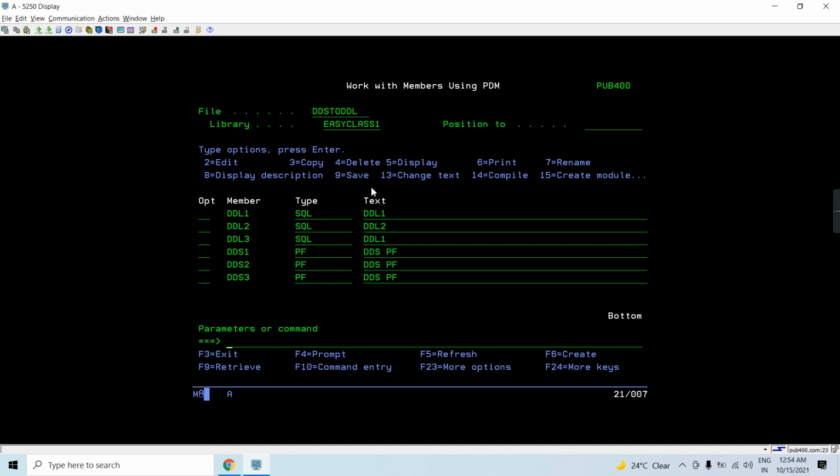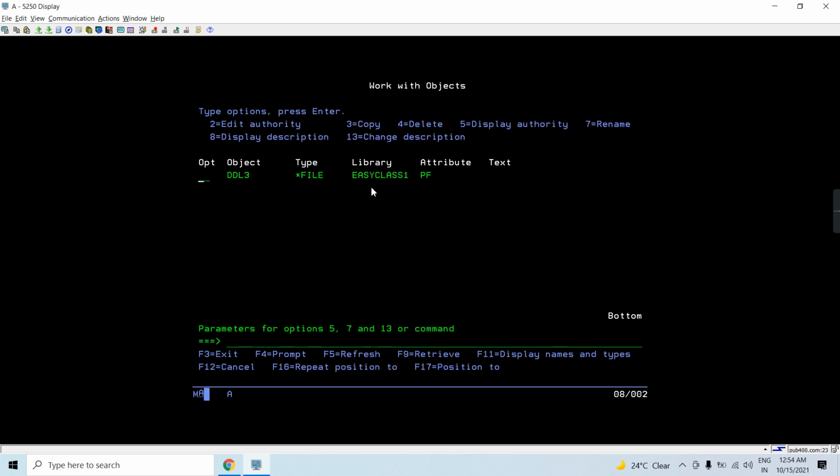I remember the same thing which I was writing in the DDS, so that's why I wrote it incorrectly. Now it's compiled. So we have the object DDL3 with us. Let's check